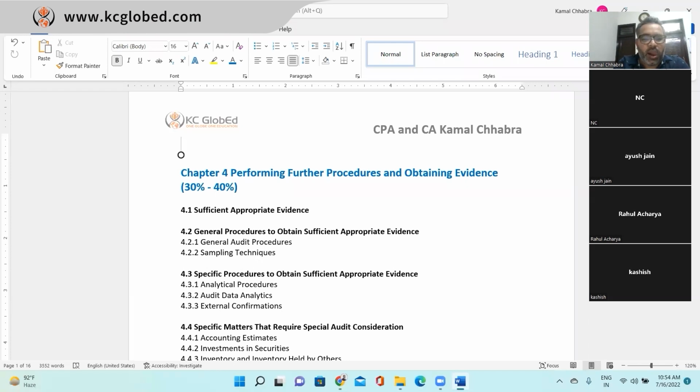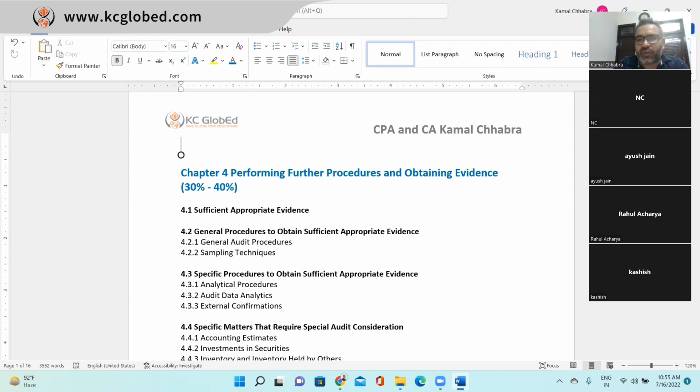In the first and second chapters, we covered the planning section, which includes acceptance and continuance of the engagement letter and all those things. In the second chapter, we majorly discussed the planning side, which includes risk assessment, planning for a reliance approach or non-reliance approach, and involvement of specialists, management specialist, auditor specialist, or third party. Then we discussed group audit, component audit, joint audits, and all those details. So far we are done with the planning section. Now it's time to get into execution.